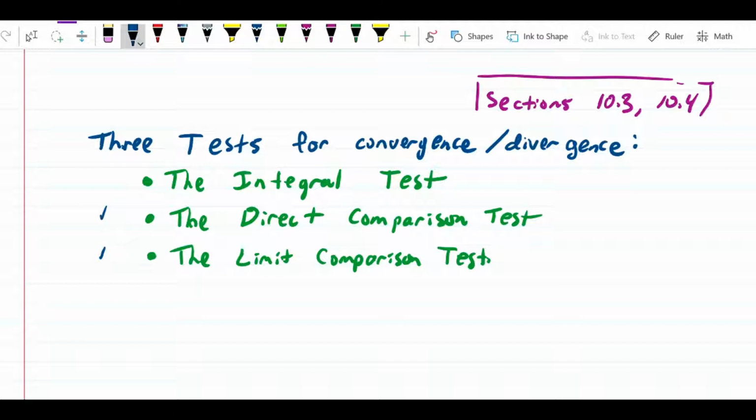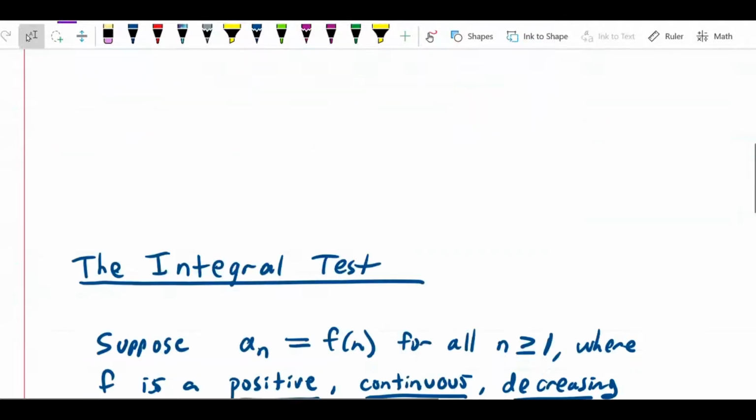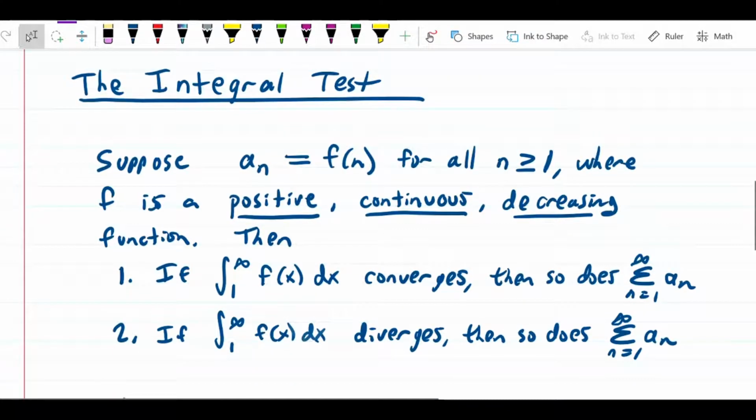So let me get to the definition of the integral test. So here's the integral test. The integral test is: suppose that we have a sequence a_n, and it's equal to some function f for all integer values greater than or equal to 1. And as we'll see, we don't really have to start at 1. We can start actually at anything, but it's just easier to state the test if we assume the sequence starts at